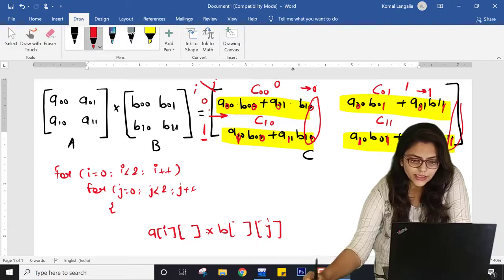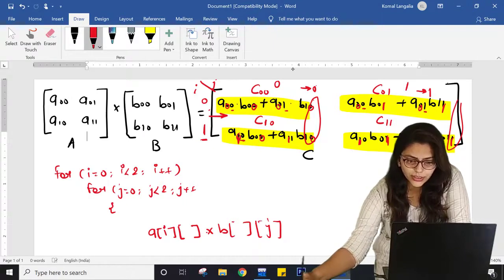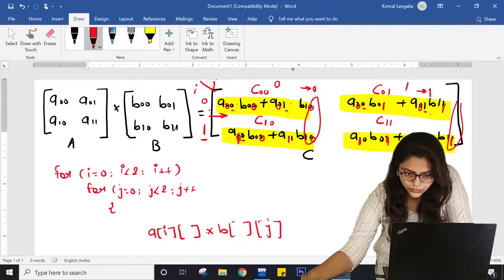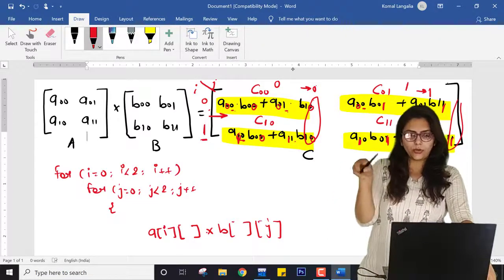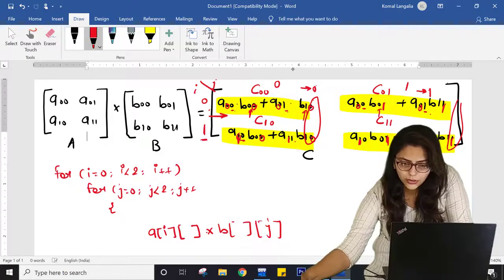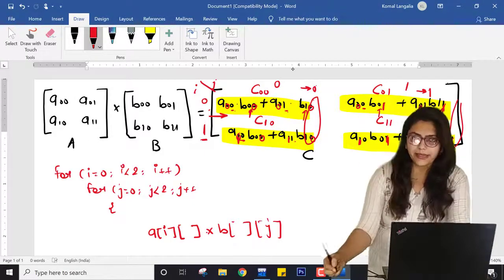Now let's see this change. Here it is 0, here it is 1. Here it is 0, here it is 1. Here it is 0, 1. Here it is 0, 1, 0, 1. So every time it goes 0, 1, 0, 1, right? Similarly for this B, you can see here it is 0, here it is 1. Here it is 0, here it is 1. You can see it is implemented for all the remaining terms.